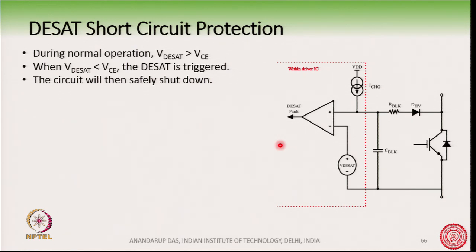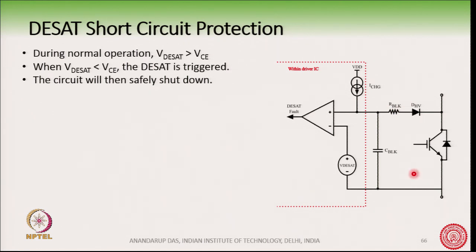We will also need this diode, because remember that this VCE voltage when the IGBT is off is the total DC bus voltage, and the diode has to block the DC bus voltage from coming across the op amp. In addition to that, there is also this capacitor C blanking, and there is also resistance R blanking,